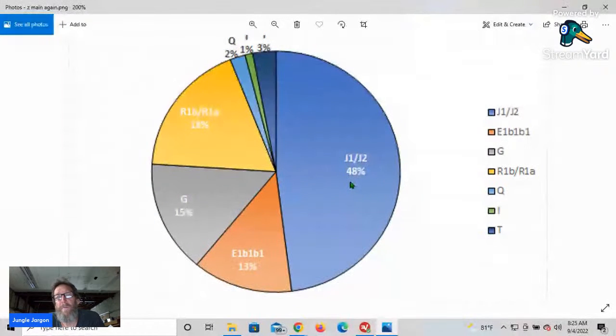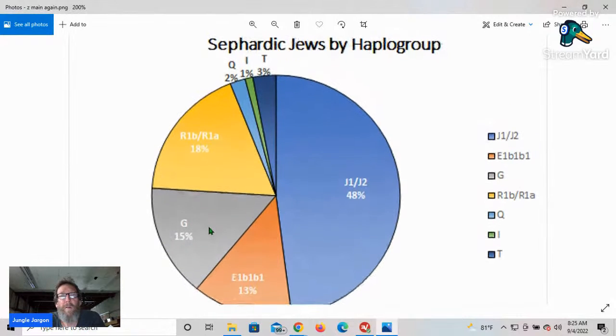But it's still Semitic. And of course, G is Semitic as well. So the G, the I, and the J are Semitic. E is Hamitic. R1A and R1B is Gomer in Europe, which is Japhetic. And Q is Madai